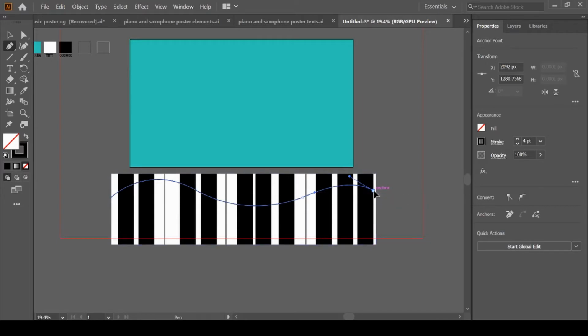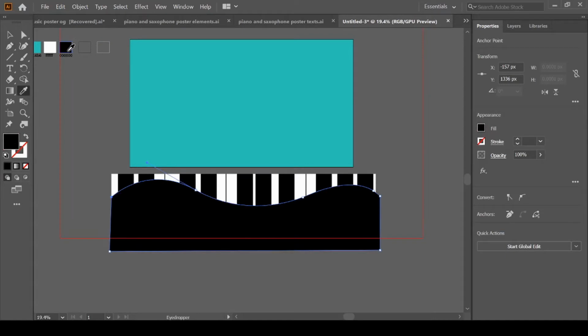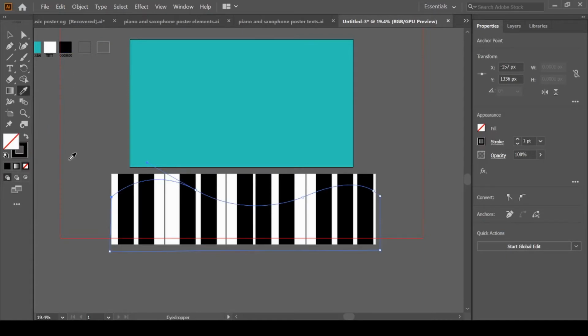Just close this handle. Now you can see our wavy shape. Okay, I will just swap it to stroke.